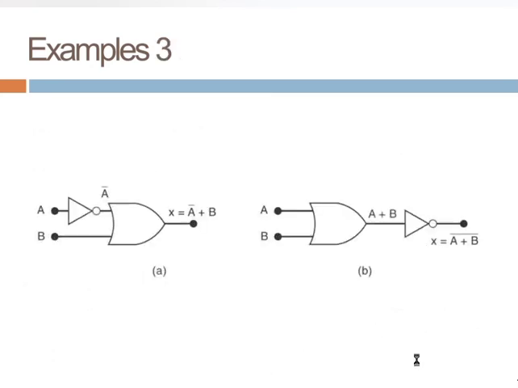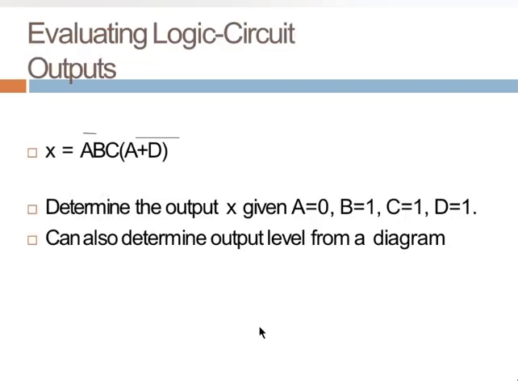Hope it is clear. Next example, the question is A bar or B, and A or B whole bar. The two sections are clear, I think. We are passing the result of A or B through a NOT gate, then only will we get the complement of the same. Clear? Yes. We shall proceed with the next type of question.